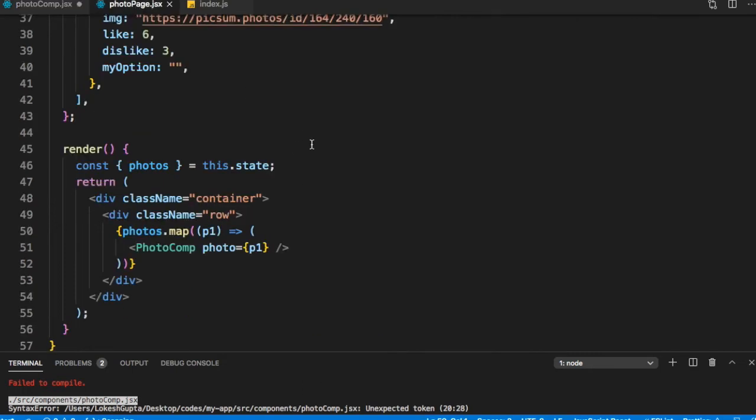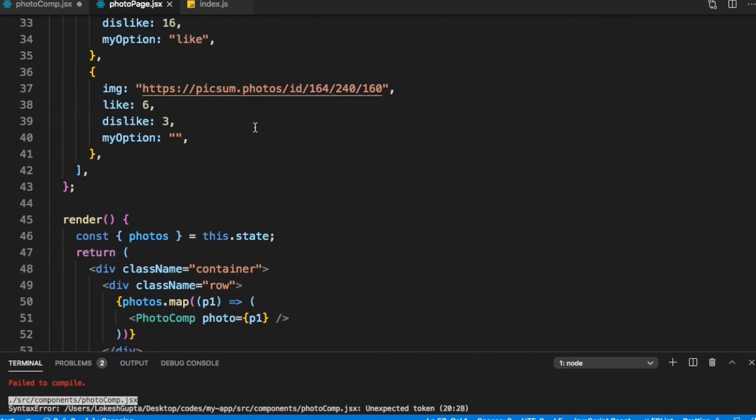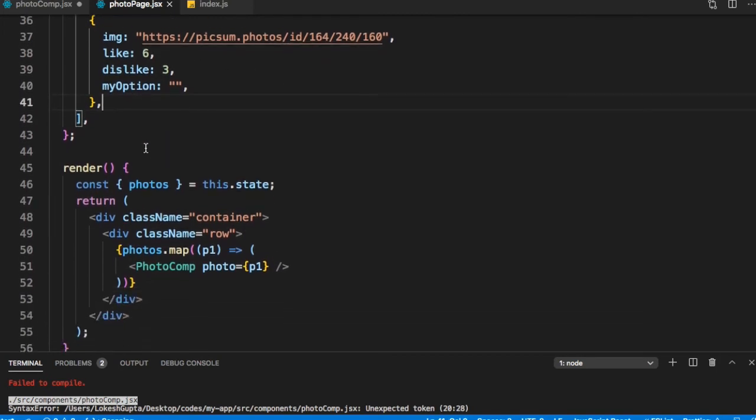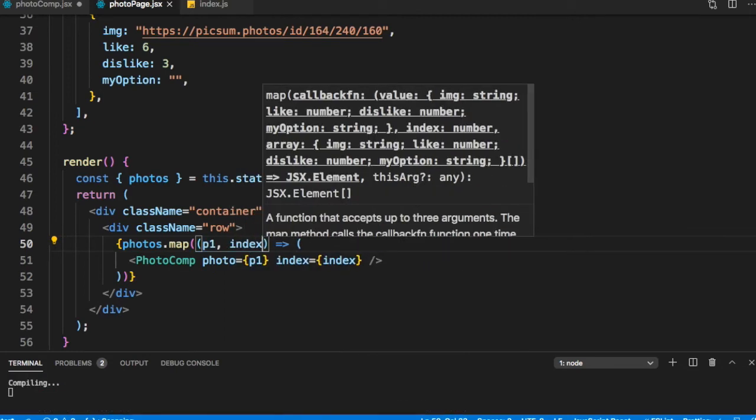So let's go back to our photo page. So at a photo page level, suppose we did not have an ID, then we should also pass here, let's say index is equal to, let's call it say index. So let's pass p1 comma index.